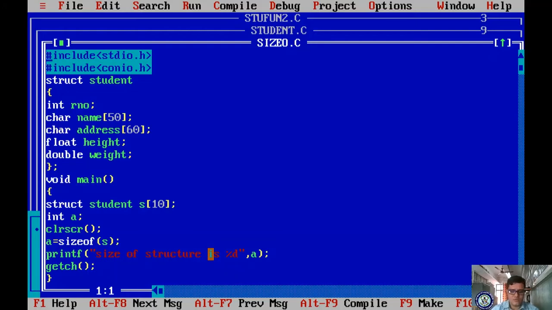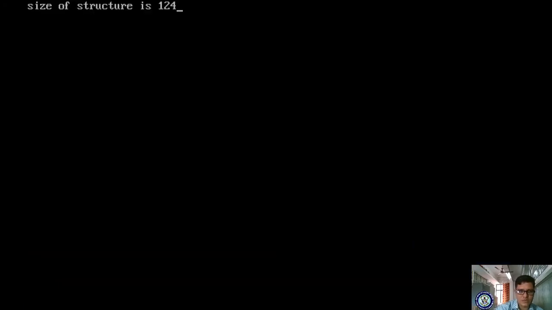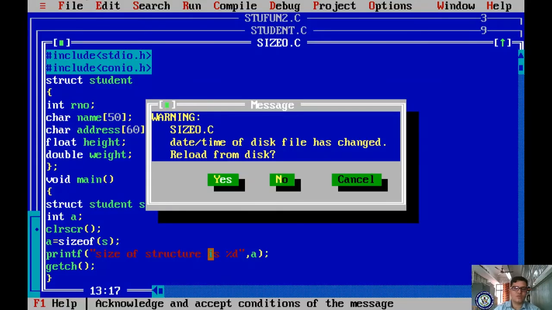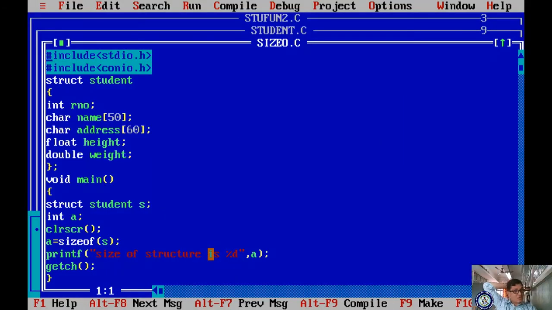Got it? For example, if I make it for only one student, it is only s instead of s of 10. Let us see. I'm saving, compiling and running. So it is showing 124. Why is it 124? Because character is 1, so that is 50 bytes, 60 bytes, 110 bytes plus 2, 112 bytes plus 4, 116 bytes plus 8, 124 bytes.